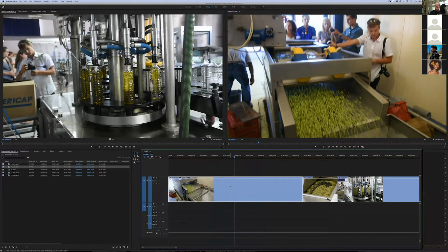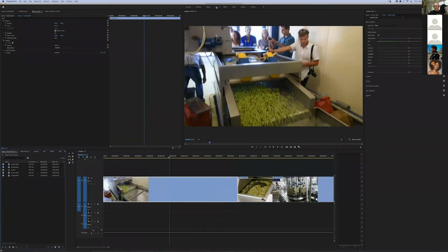Now I am going to show you just basic color correction. I have one clip selected. I'm going to go to the color mode, which changes my panels. So you can see the panels have changed. And on this far right-hand side, I have basically the exact same type of options that I have in Photoshop,